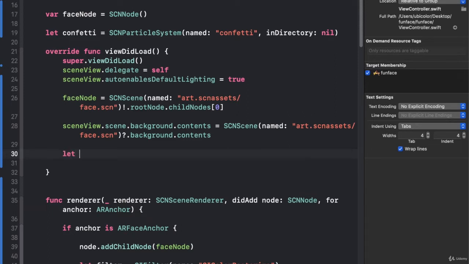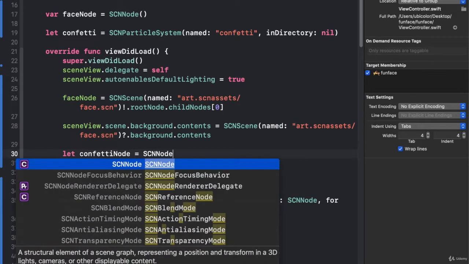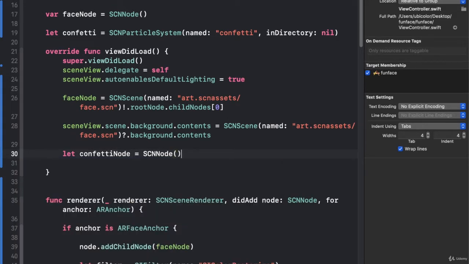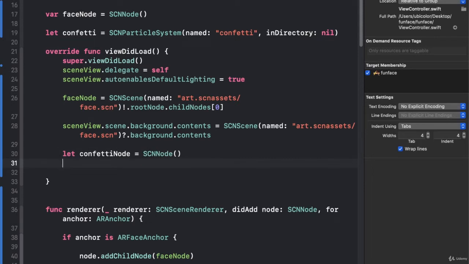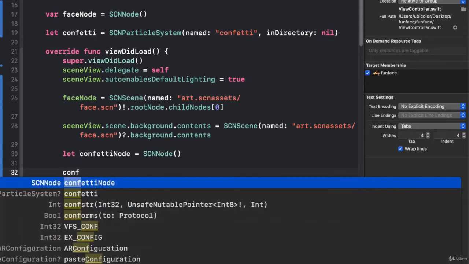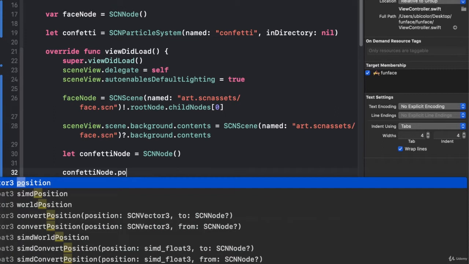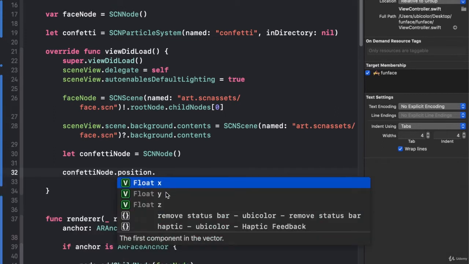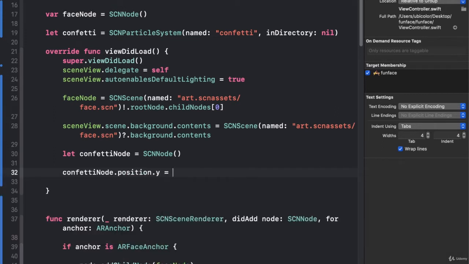So let's confetti node equals an SCNNode. We don't actually have any geometry for this one, and we don't need any. But what we need to do is to move the position.y to be equal to 2,